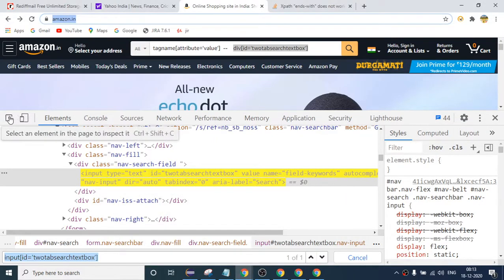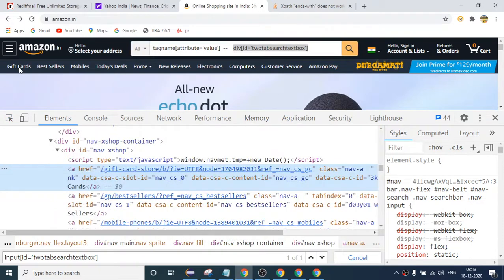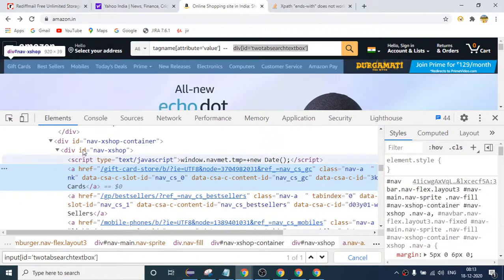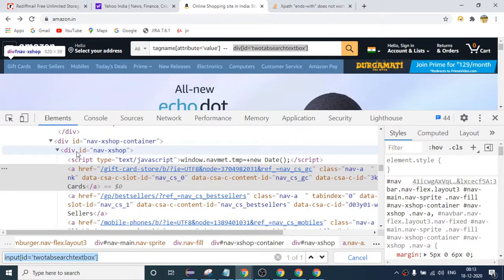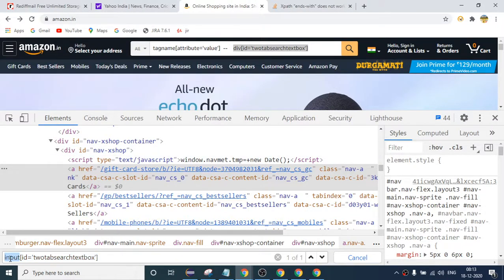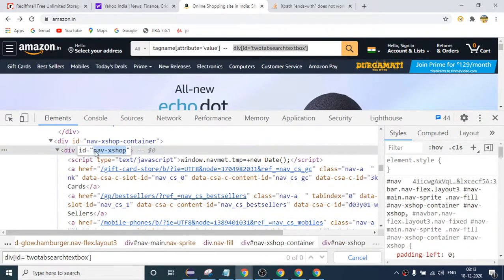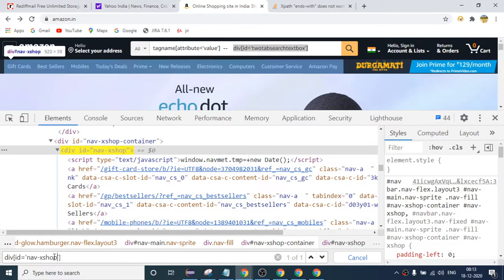Okay, so CSS, if I come here, suppose I want to write the CSS for this. I hope you remember that first I had written the XPath. In case of XPath, I wrote the parent line XPath and then moved here. In the same way you can also do it with the CSS. So if I write the CSS for this, how can we write it? I can say div tag name, id equals to this. So this is my CSS.